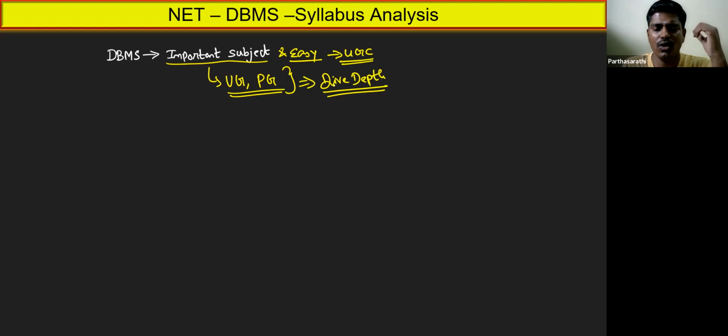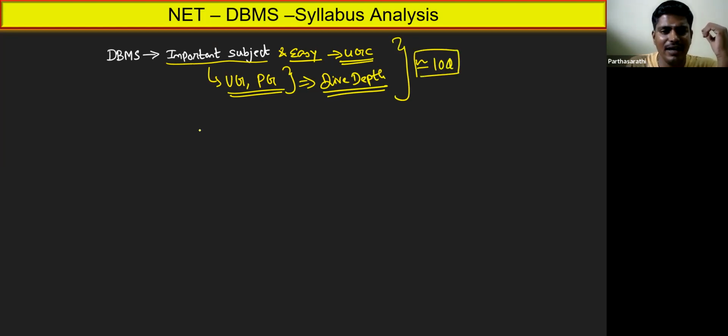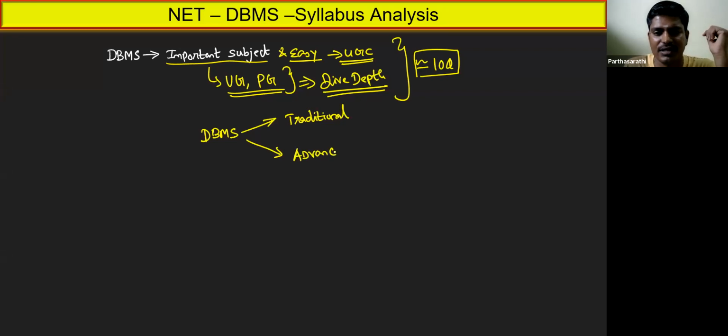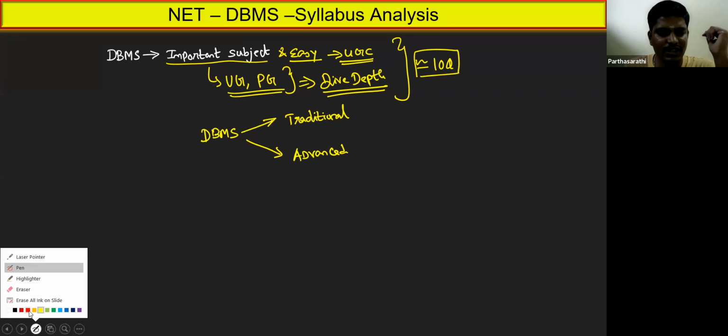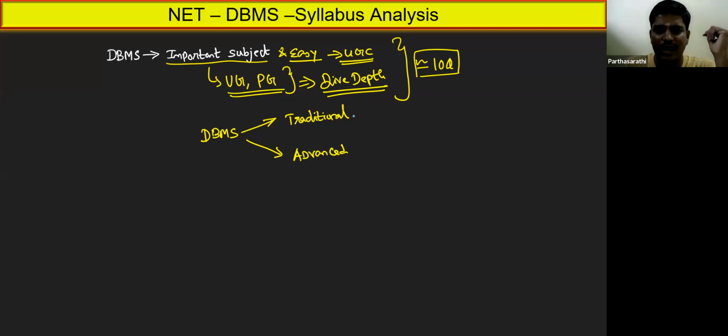system. So according to me, approximately you might expect 10 questions from this subject, and we can divide this subject into two important parts, where the traditional things are also present and advanced concepts are also present. With respect to traditional things, SQL queries and relational algebra and so forth will be coming. With respect to advanced, big data, Hadoop, and data mining related algorithms